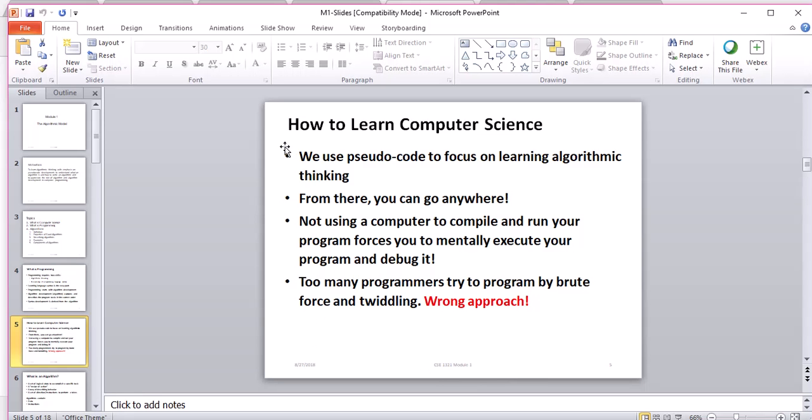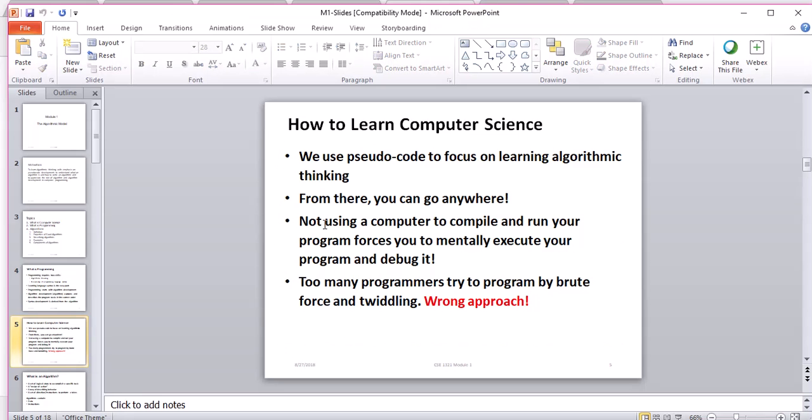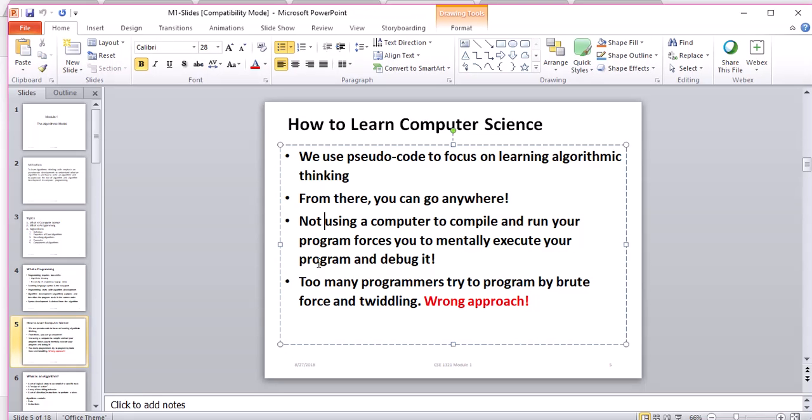First of all, in order to develop your algorithmic thinking or computational thinking, we need to start with writing pseudocode. Pseudocode is what we write in order to understand the logic and how to solve the problem. That pseudocode will not be run using a computer or a compiler. It is for us to understand the concept,